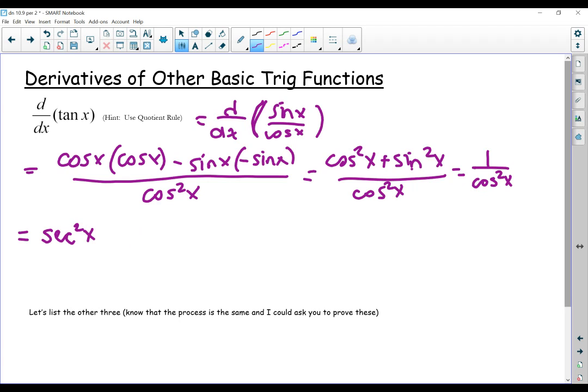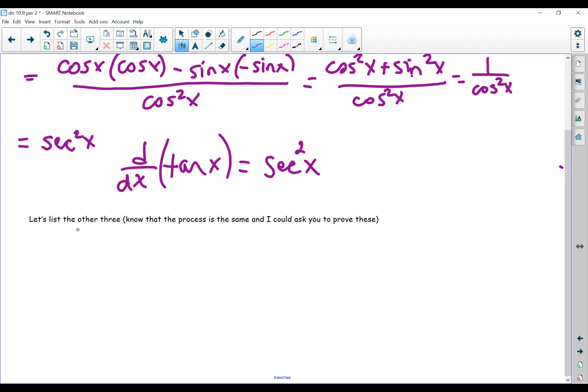So it's really just secant squared x. So the derivative of tan x is secant squared x. So sine, cosine. Cosine, negative sine. Tangent is secant squared, which means